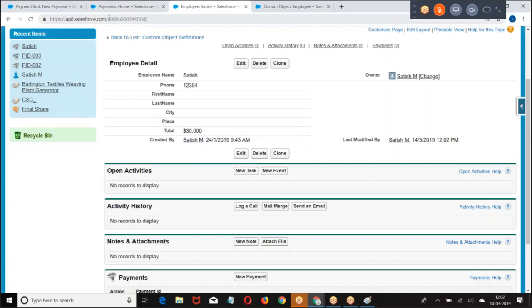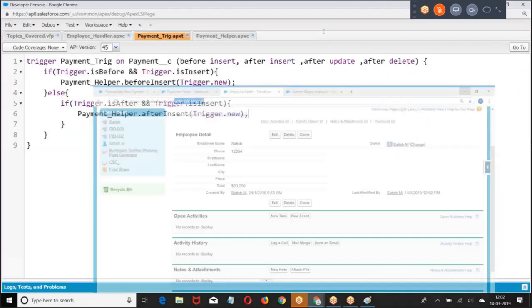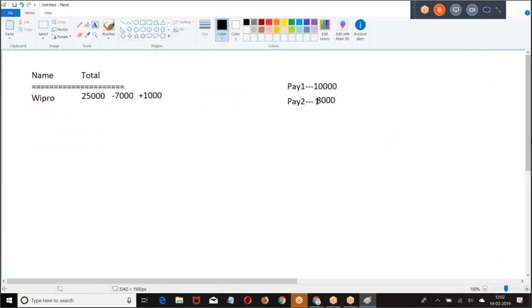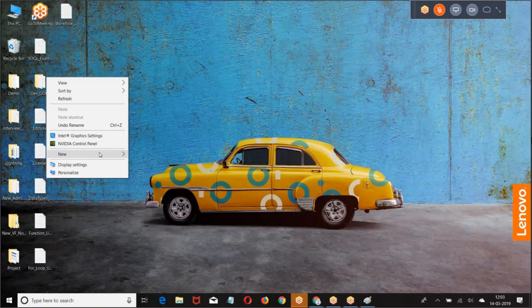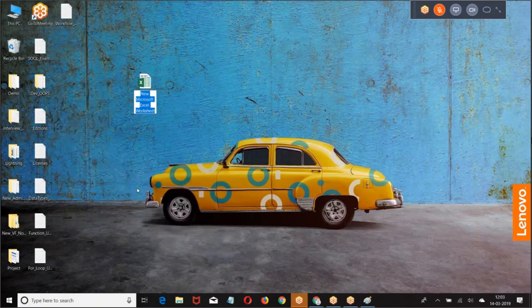Now I don't want to give a single record. I want to go with a data loader. Now it will not always be a single record, right? Now I am going with the data loader. Let us see. I want to insert multiple records.